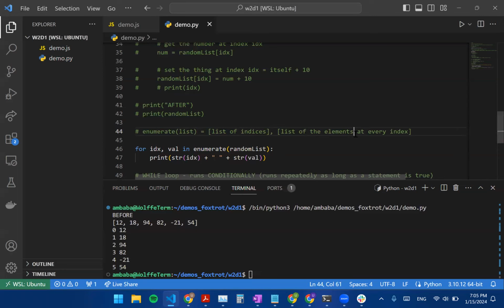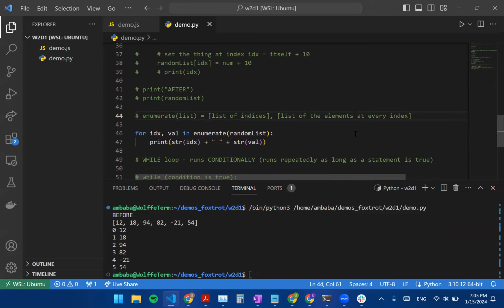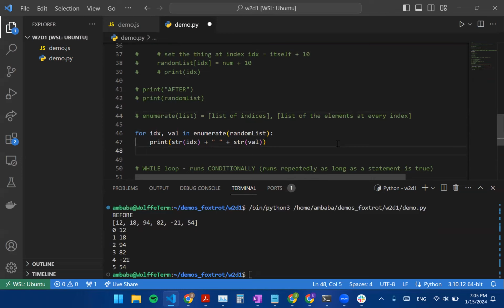Enumerates are really helpful because, like I mentioned, they combine the element-based and index-based loops that we saw above. So let's try doing the exact same thing. Say that I want to change the value at every single index and modify it by 10. Remember, val is the value at that index, and IDX is the index. So what I should be able to do now is say random list living at index, the thing in there is going to be its current value,